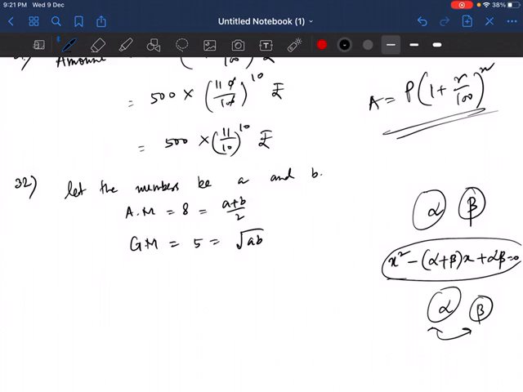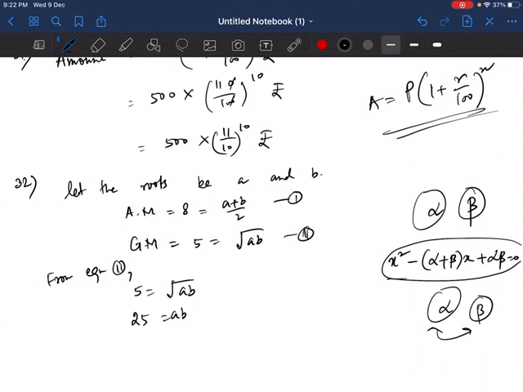Okay, so I will write here, let the roots be A and B. Okay, so with using these two equations, we have to find the value of A and B. So let's see how we're going to do this one. So from here, what we are going to write here is from equation 2. Now let's write. So from equation 2, what we can get is, I will just square these two sides. So 5 is equal to root over of AB. I can write this one as 25 is equal to AB. This is my equation number 2.